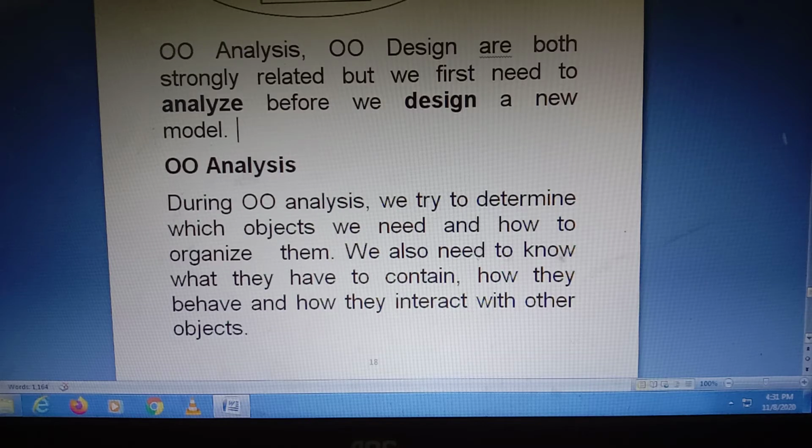So the second point tells the behavior of the objects also. These all things should be specified in analysis.